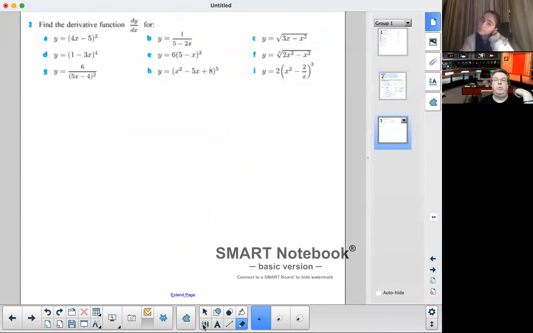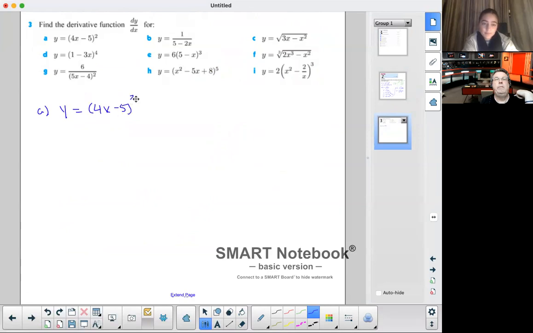Well, we'll start off with how we started before. What do you think about A? So 2 times brackets 4x minus 5. That's it. And then multiplied by 4. Yes, I gave it away. And I would probably, I can't help myself to do that. There's no need to distribute it at all. This is perfectly fine because the next thing is you'll be plugging in for X. I mean, you can or you can't, but it's totally up to you.